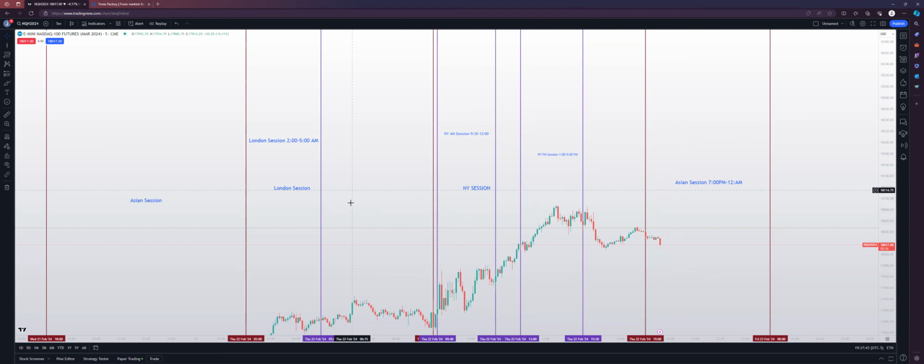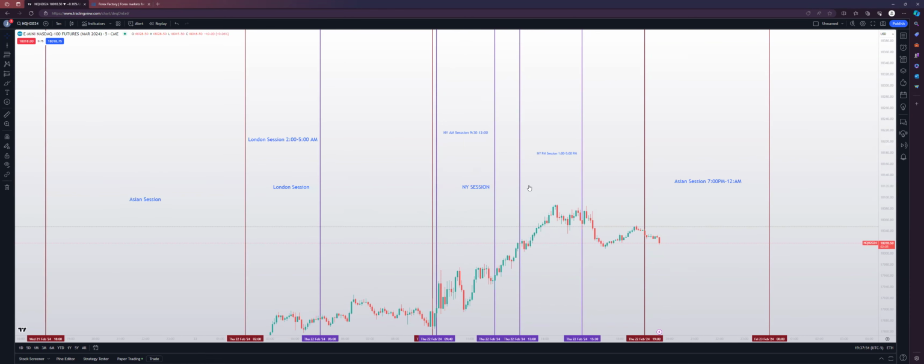But these are still, once again, the opportune times that everyone should be looking to trade at. So if you're trading from 9:30 to 12, you're an AM session trader, so go about it like that. If you don't have time in the morning, if you're a student, whatever the case might be, trade in the PM session. If you work a full-time job and you don't have any time at all in the morning, then you want to trade from 7 p.m. to 12 a.m.